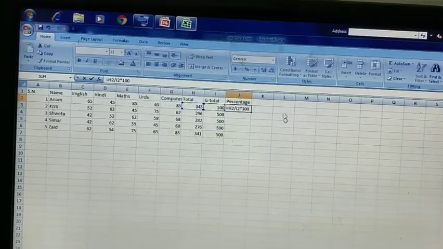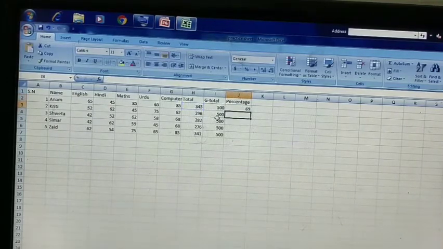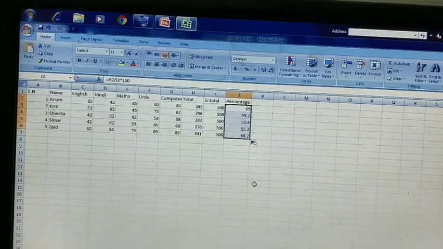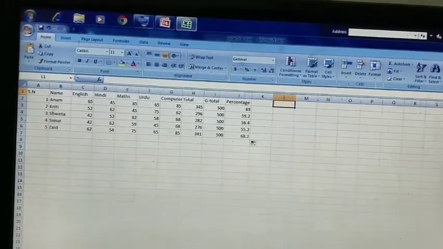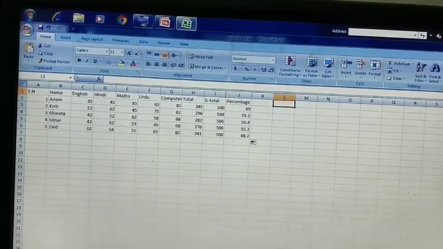I'll type it manually. So you can see here I have used a compound formula. It means division is there, and multiplication is also there. So when you are using two operators in a single formula, that is known as a compound formula. After typing your formula completely, just press the enter key, then your percentage is there. And again you need not type the formula, just copy it, drag it, then the percentage will be done for all students' names. Now the next is using formula on text. How will you apply any formula on text?